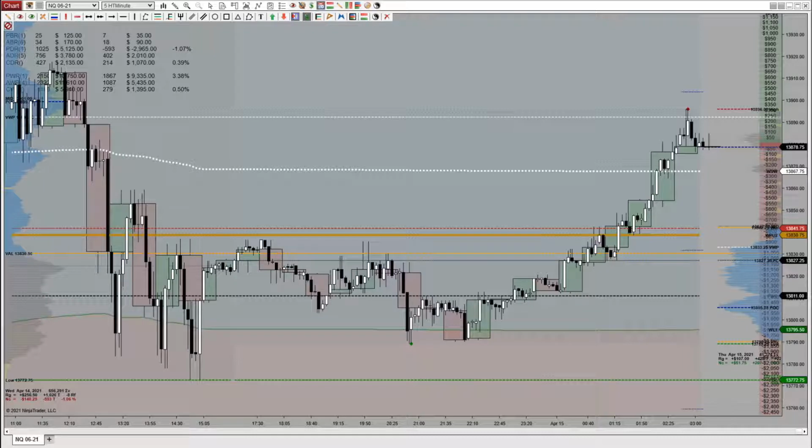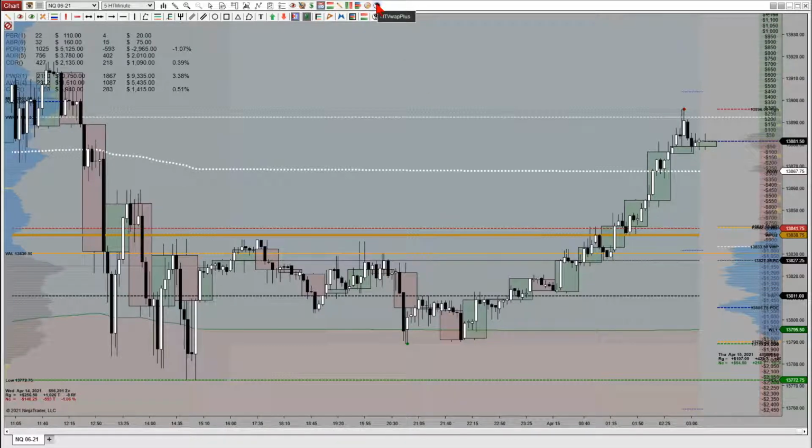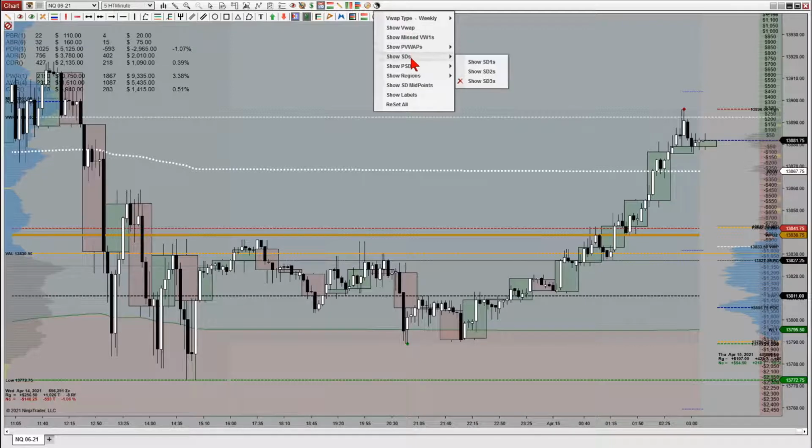This morning I want to take just a brief moment to discuss one of the newest products that I've released called my Magic Menu. Now, if any of you have ever watched any of my previous videos or own any of my products, you know that I place an icon in NinjaTrader's toolbar. This is a drop-down icon where I can left-click on it, show the different kinds of plots and draw objects or various types of things that are within that particular indicator, and turn them on and off without going back